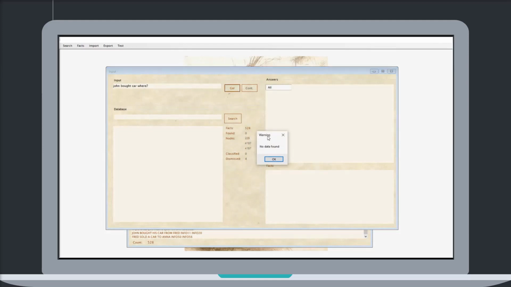Same result as before. But here notice that it didn't take any time at all for us to know that there was no answer. And this is also something you can't achieve with the current available methods.